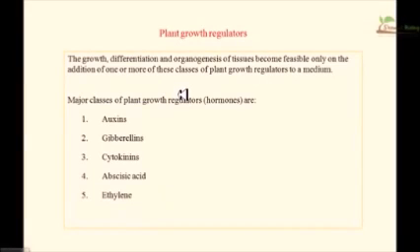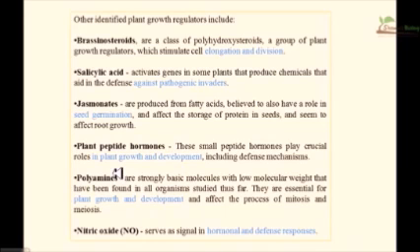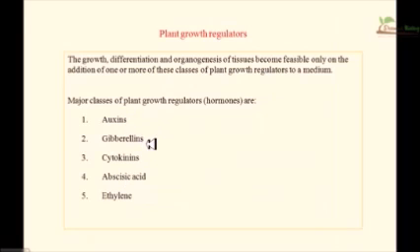And plant growth regulators. Now there are different growth regulators present in plants, like auxins, gibberellins, cytokinins, abscisic acid, and ethylene. Other identified plant growth regulators are also there, like brassinosteroids. The previously mentioned ones, that means auxins, gibberellins, cytokinins, abscisic acid, and ethylene,